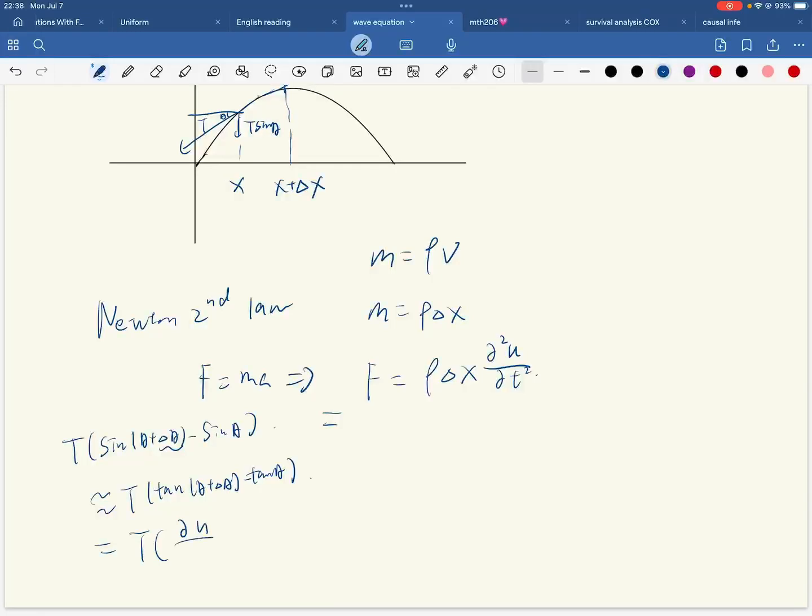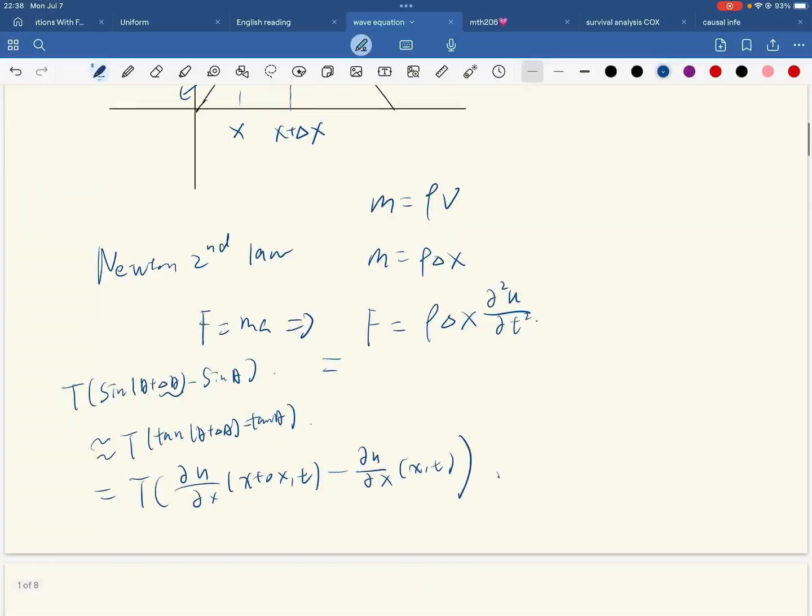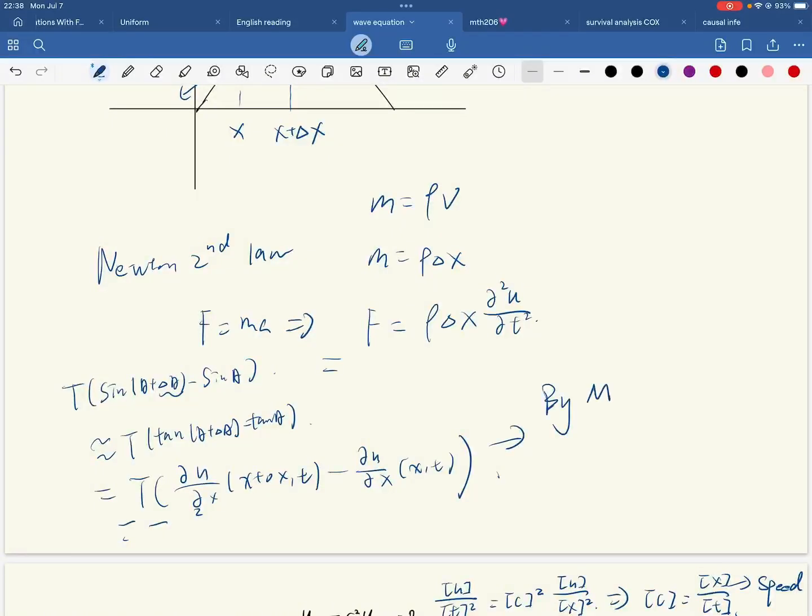We just write and this actually equals to and here by the mean value theorem is just equal to